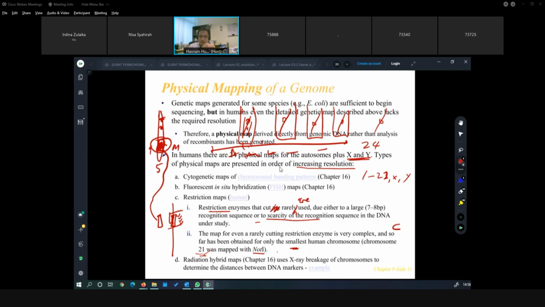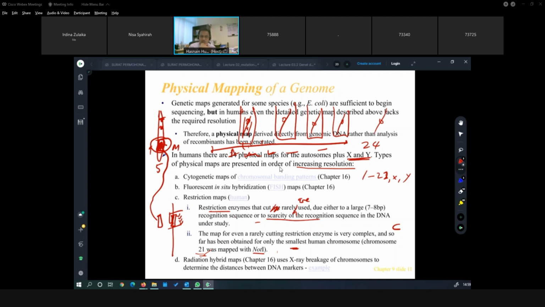So you can see over here, this one is just a general location on the chromosome. This one is slightly more specific. With a restriction map, you know that on chromosome number 21, there is only one site that is cut with NotI. So you know that this is the mapping. If you later do the sequencing and find a sequence that is related to NotI, it is only at that position on chromosome 21. Okay, and then radiation hybrid maps can also be done.